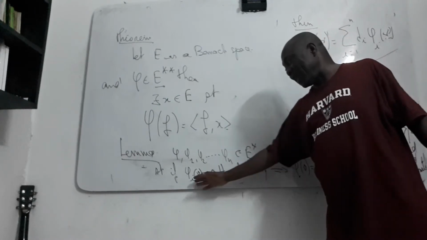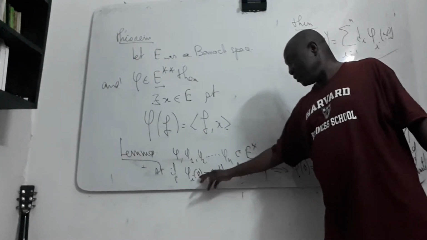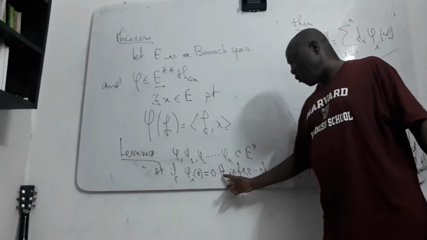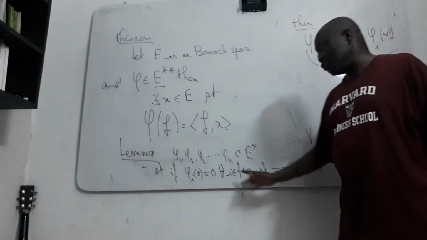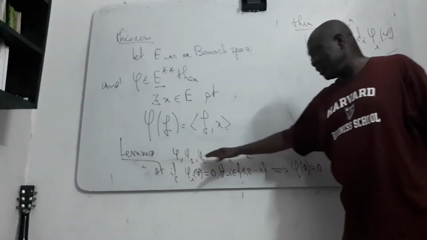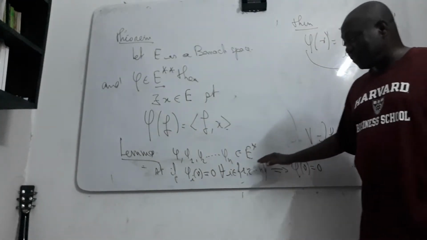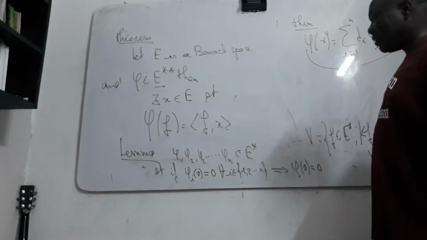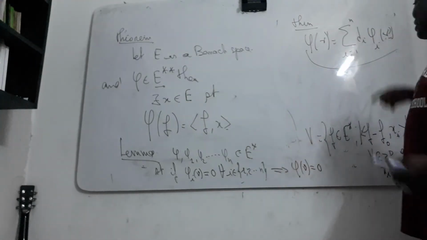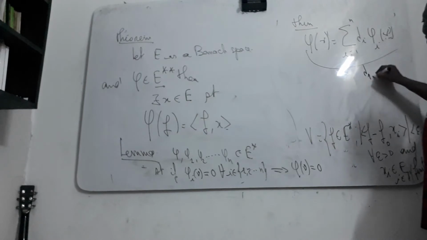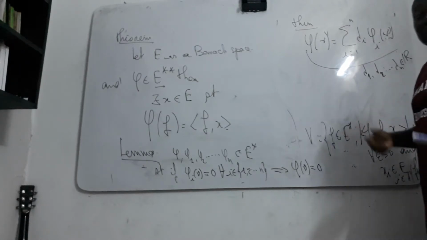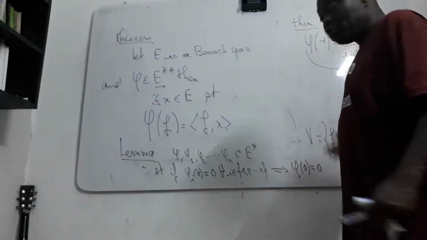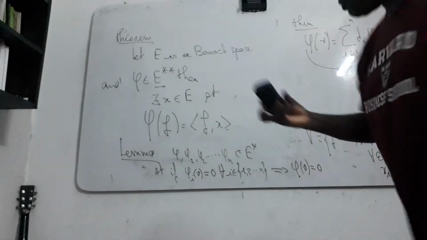Saying that for phi_i(u) equal to 0 for all i from 1 to n, then phi of the first one is equal to 0. We have this series, these n plus 1 functions which verify this condition, then the first one must be written like this, where f1, f2, ..., fn are elements of the basis of your space. And we are going to prove it. It's not difficult, it's very simple.